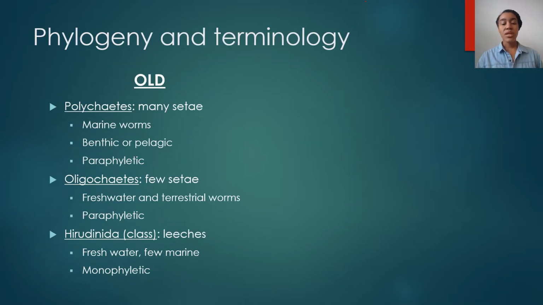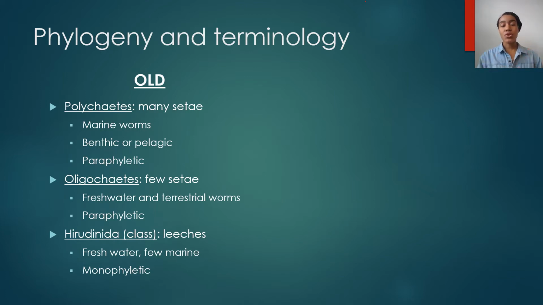So before we really get into some examples of annelids and their anatomy, there's some terminology I think we should all be familiar with. And this terminology is based in the phylogenetic analyses of annelids. There's a couple of groups that have come about over time, and I'm presenting them here as old and new terms. They're not necessarily old and new. You see them both now. We use both of the terms that are considered old and new,